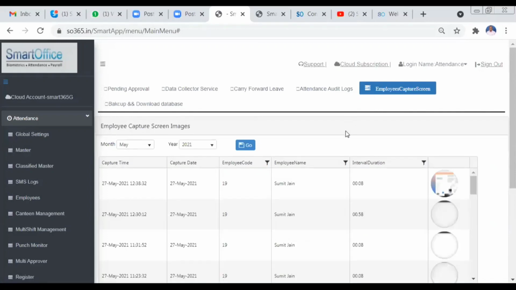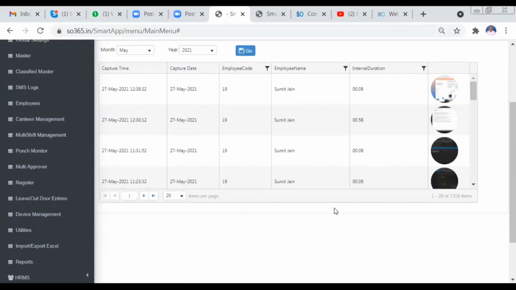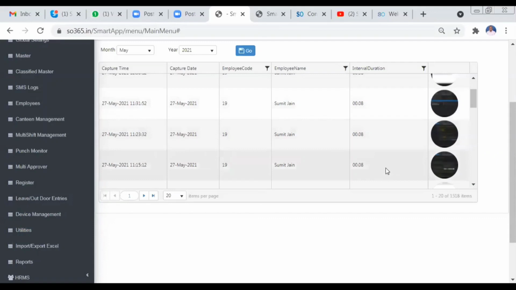That employee screen capture means, for those using the cloud application, if you want to monitor the employees' work and productivity, the screen capture will be taken at every interval of time. That screen capture will be shown to the reporting manager or the admin, in this utilities employee screen capture option. And you can also zoom the picture. Every 8 minutes, the screen of all your employees is captured. So as a reporting manager, you can just log in and check the images or screen captures over here.